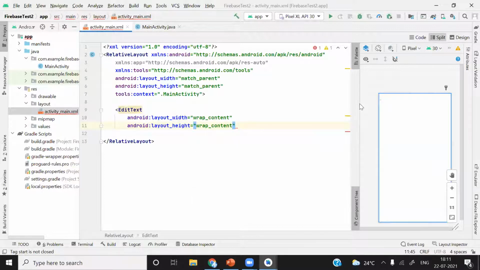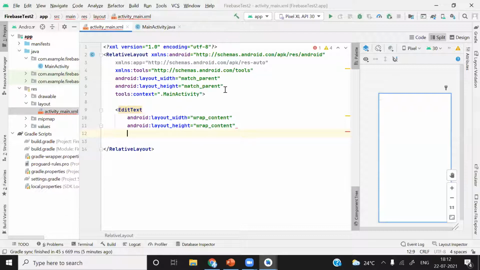After that, whenever you are writing these properties, they are related to this particular edit text. So make a common sequence for all the components you are adding. There can be multiple components like edit text, text view, buttons.